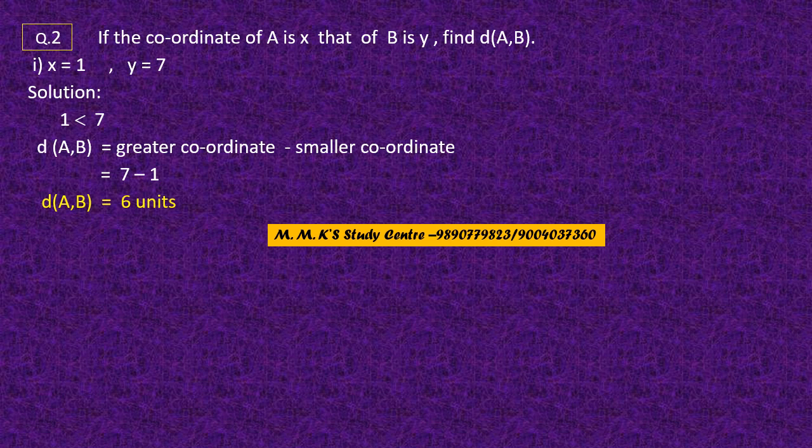Are you getting this? Okay, second question will continue. This I have taken fourth one. Okay, so x is equal to -4 and y is equal to -5. So solution,